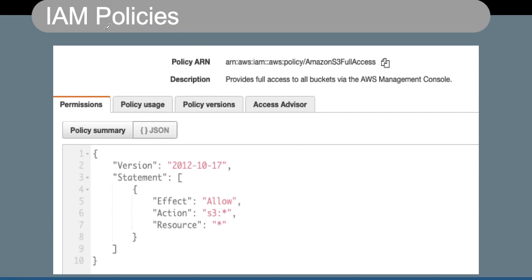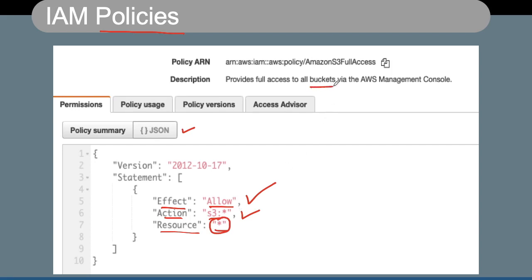Now, what is an IAM policy? An IAM policy is typically a JSON document, which is written here in JSON. If we see the statement, it says effect: allow, action: S3, and resources: star. What does it say? It means this particular policy defines allow permissions for a user on a particular service, the S3 service, which is typically called Simple Storage Service, and this is applicable to all the resources in S3. So this user will be able to create buckets.